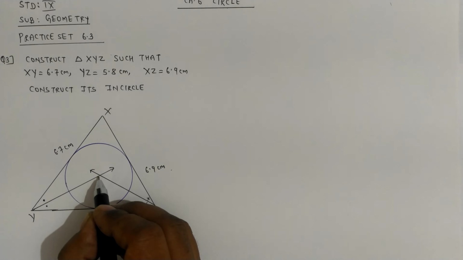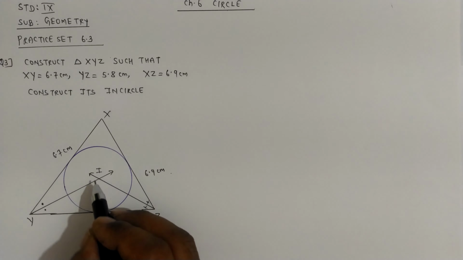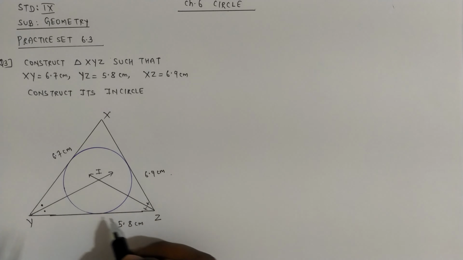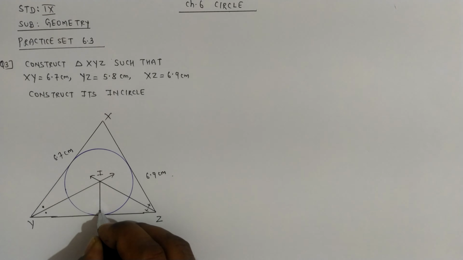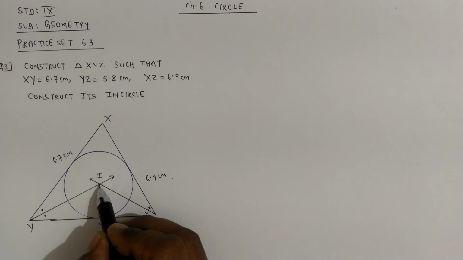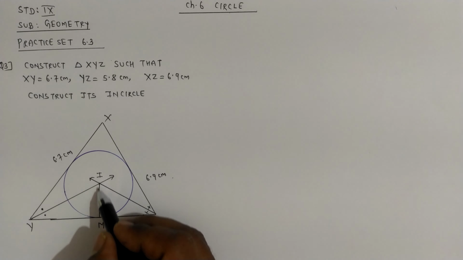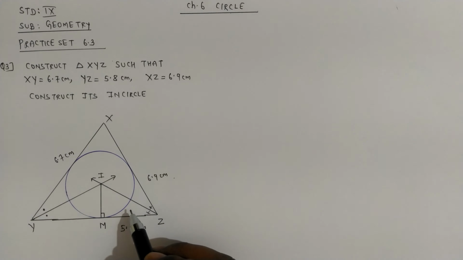You get this point. This point we can mark as I. I stands for incenter, okay? And from this point I we can draw the radius. Perpendicular we can draw from there. That is the radius, it's called radius IM, okay? And you can keep the rounder on point I, take distance of IM, and you can draw this incircle. Well, this is the rough figure we have drawn, children.